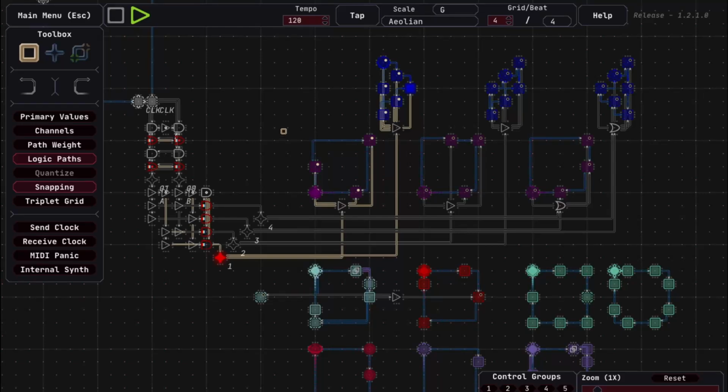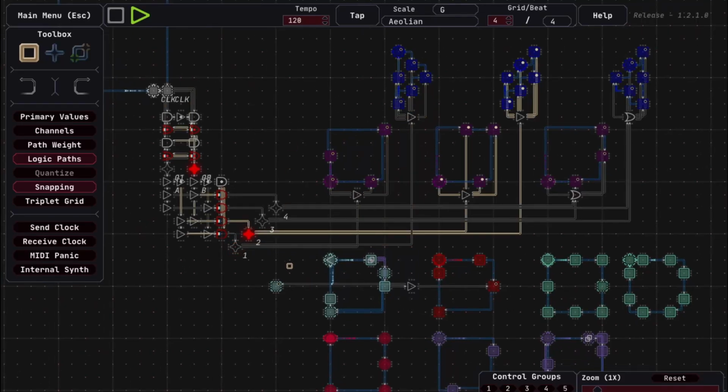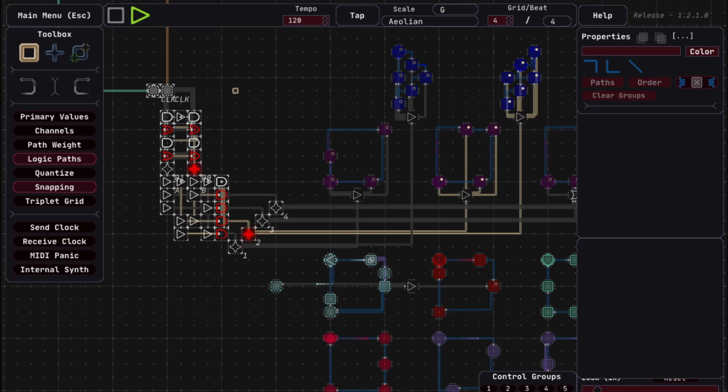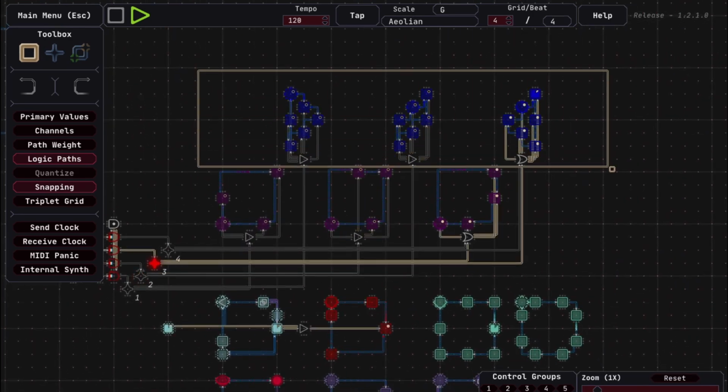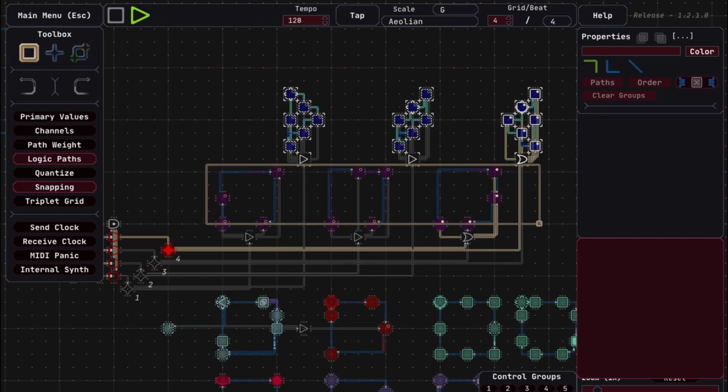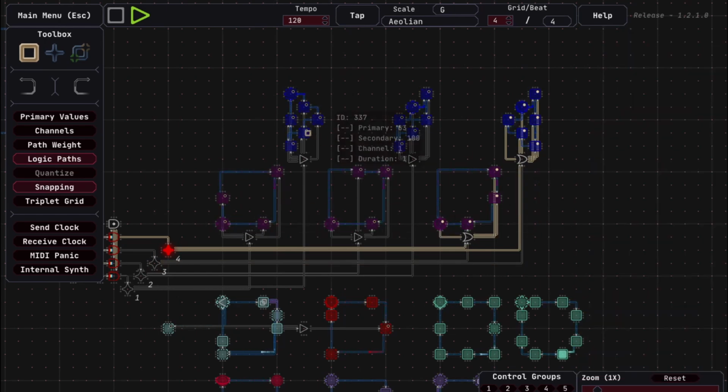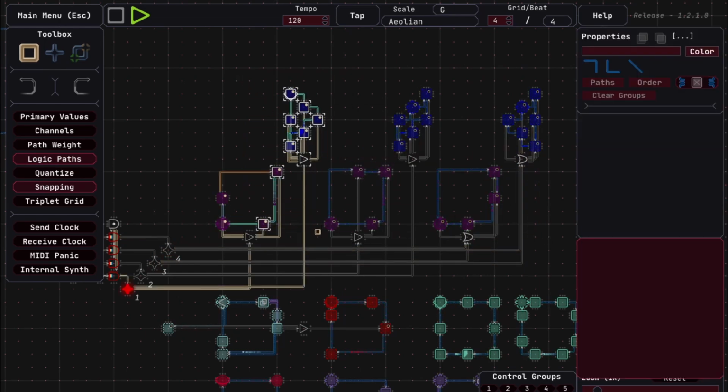Hey everybody, I have a Midinous tutorial for you today. We're going to learn how to make a 4-step sequencer and to use that sequencer to turn other sequences of notes on and off here in Midinous. And the reason why this is cool is because these other sequences that we're turning on and off can be